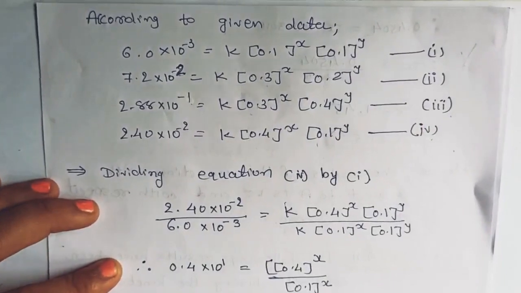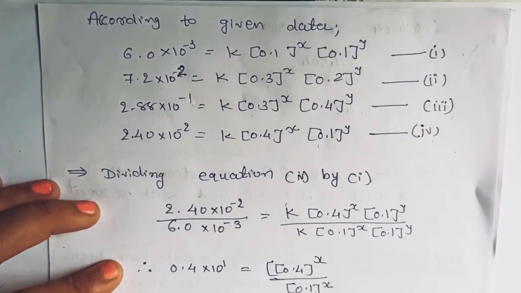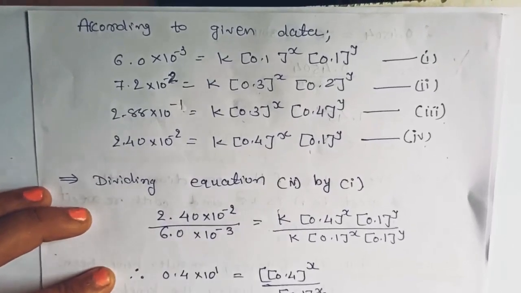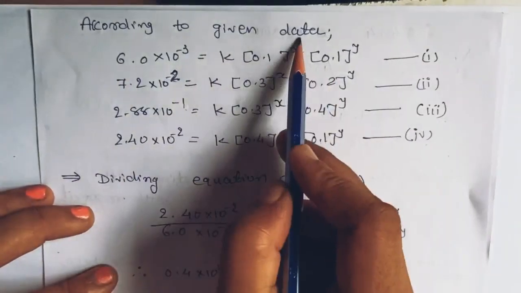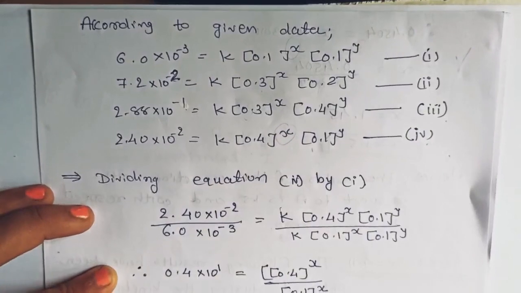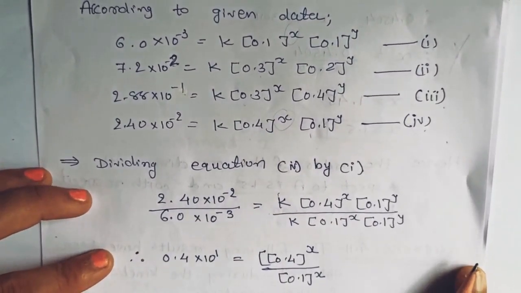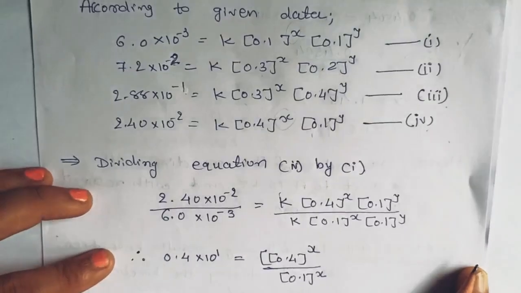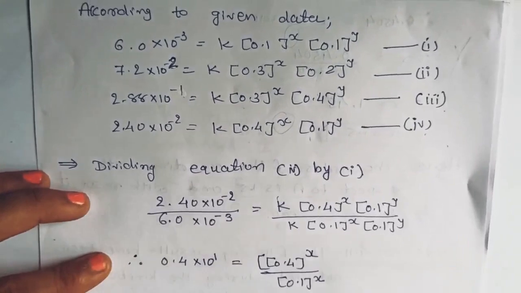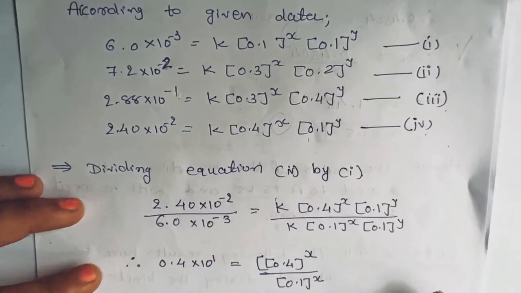If there is the same concentration of A or B, you can cancel one term. So your one unknown term will be cancelled out, and the simplification of that equation will be easy. So take that type of equation, or choose that type of equation in which one term will be cancelled out, right?